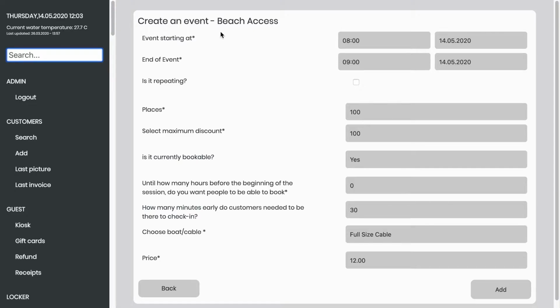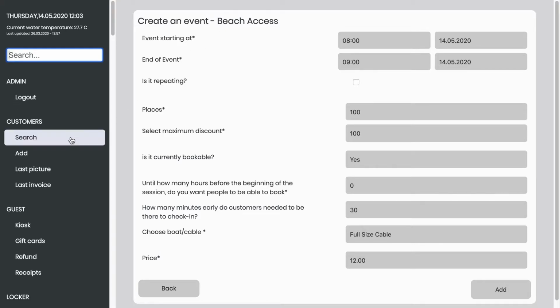So now two things are very important here. The first one is to always know which slots you have already generated, because the system does not have a security system built in that will check if you already have generated exactly the same event at exactly the same time. So when you're generating a mass of events, please take a piece of paper out and write down all the different dates and all the different times that you have already generated, so that you do not double generate